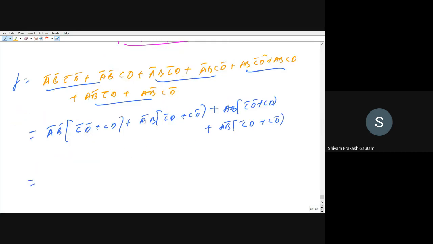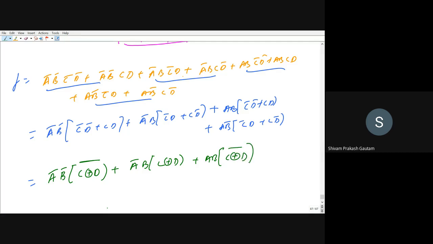This will become A bar B bar, and this will be X NOR. If you take the complement of X NOR, it will become XOR. So this will be C XOR D bar plus A bar B, C XOR D plus A B, C XOR D bar. Are you getting this? Plus A B bar.